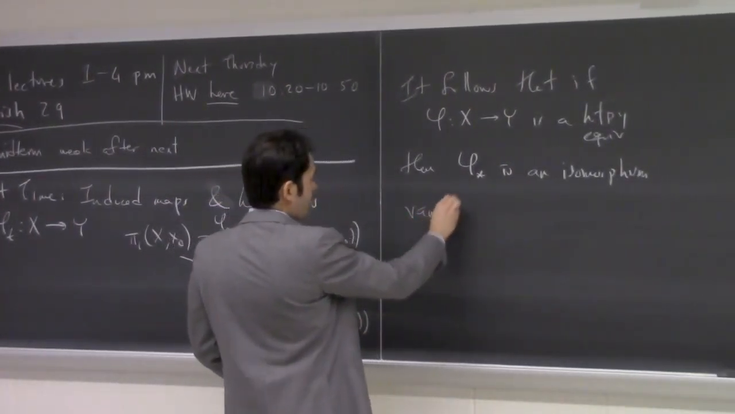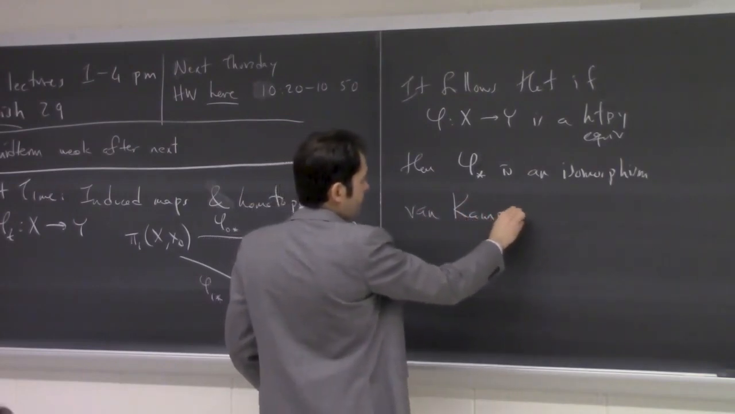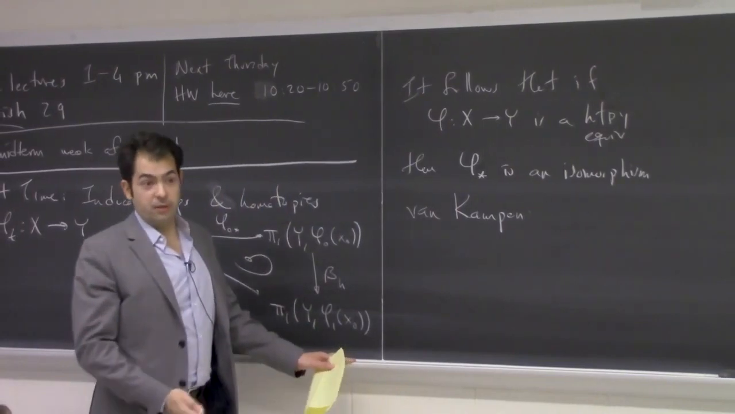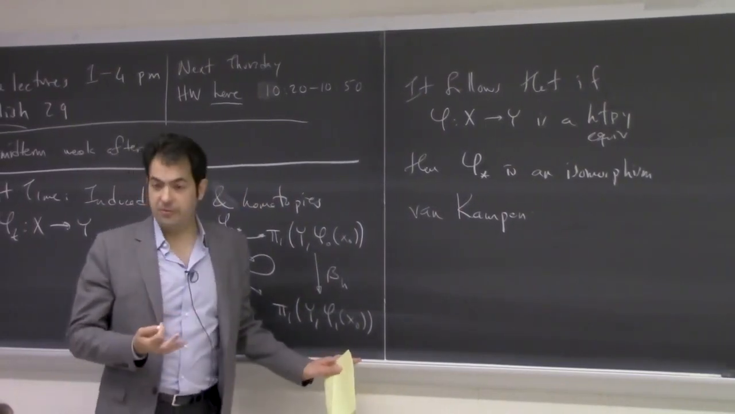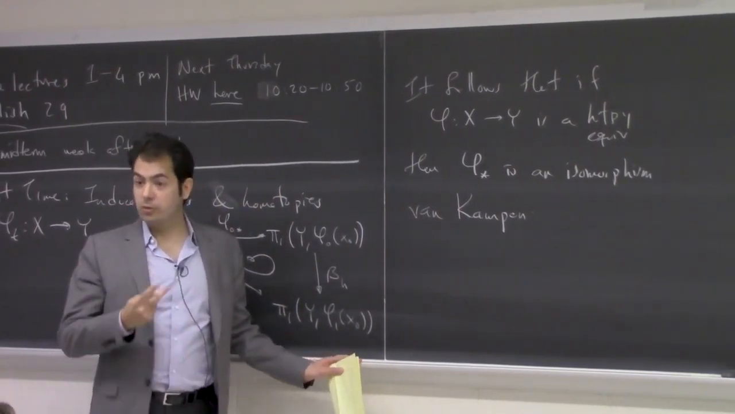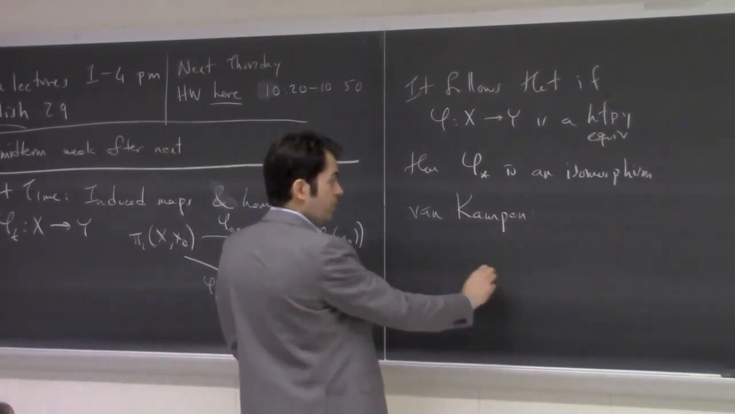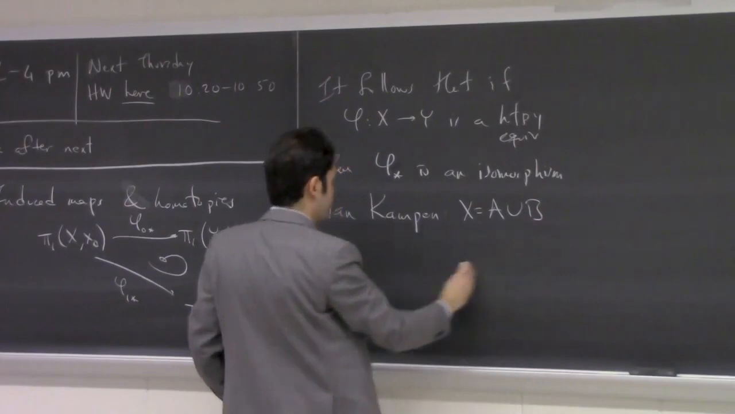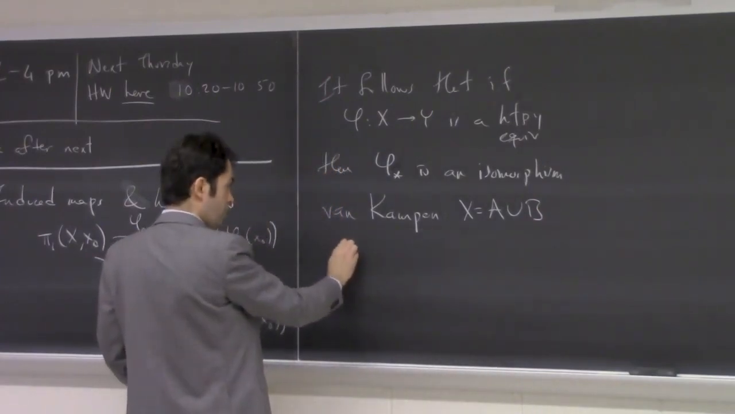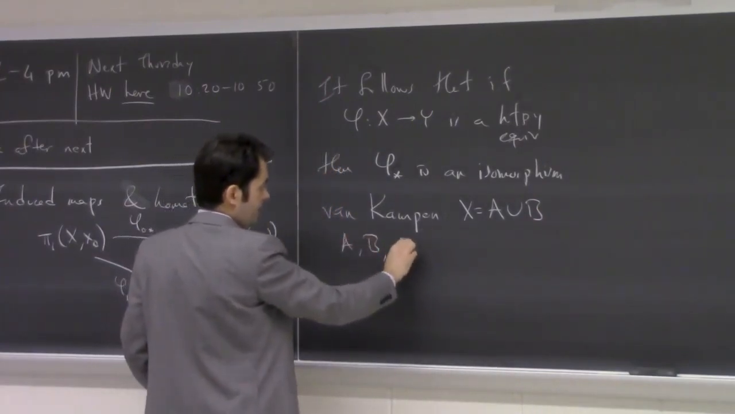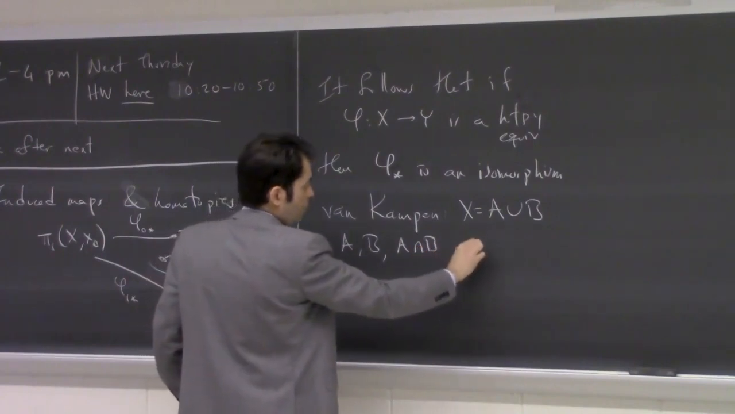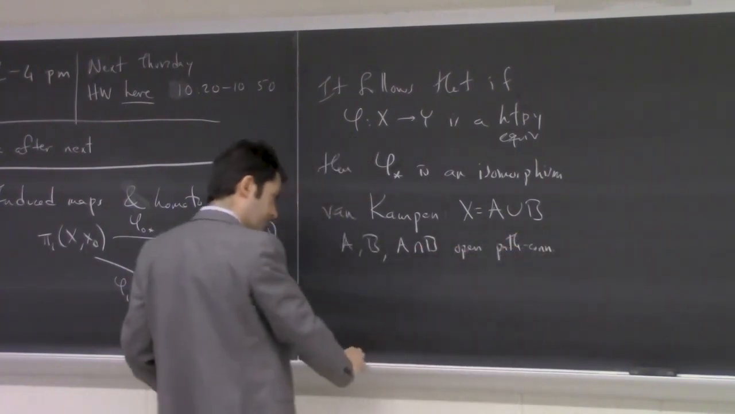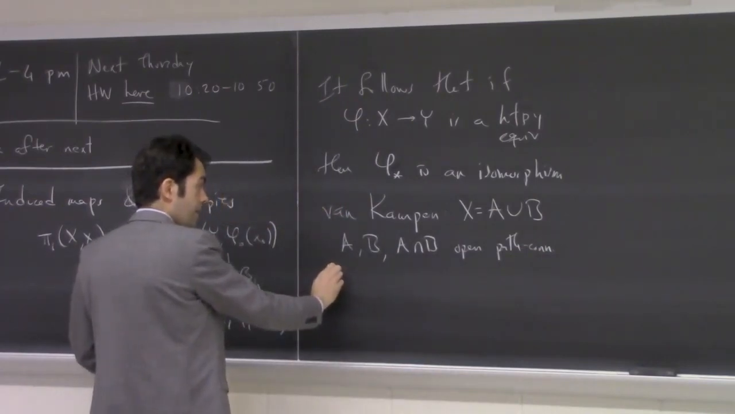Then we talked about the Van Kampen theorem as a great way of computing fundamental groups. And for the case of an open cover by two sets, we saw that if you can write X as a union of A and B, with A, B, and A intersect B open and path connected, then